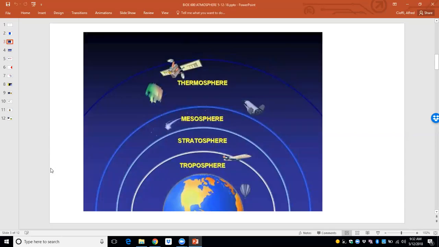Here is a little caricature of what happens in some of these different layers. They're not to scale, of course, but in the troposphere, we have most of the phenomena, the artifacts that man has generated. Most flight occurs within the troposphere. Airplanes, jets go to the limit here, the boundary. What do you think is the limit factor for airplanes to get up to that height? Think of, so the airplane needs to be moving at some speed, so it doesn't collapse.